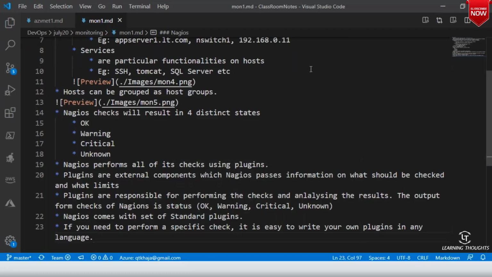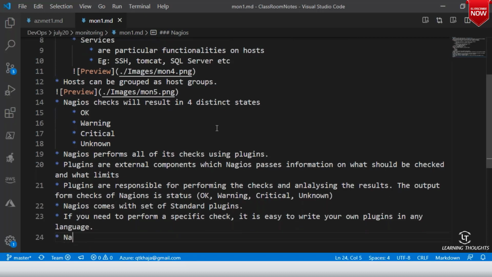So when we work with Nagios, we have to configure how to monitor network infrastructure and all of that, and whom to notify. For all of this, Nagios is based on a clear object definition system. Whenever you want to use Nagios, you have to define your objects very clearly.